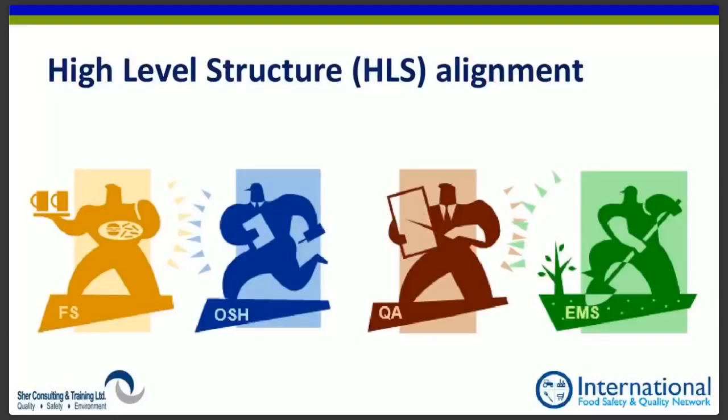So the first major impact that we're going to feel when we look at the new standard is its alignment to the high-level structure of ISO. And in 2018, with the publication of the new ISO 22000 and the brand new ISO 45001, we for the first time have aligned all four of the leading management systems that ISO publishes. ISO 9001 for quality assurance, ISO 14001 for environmental care, ISO 45001 for occupational safety and employee health.